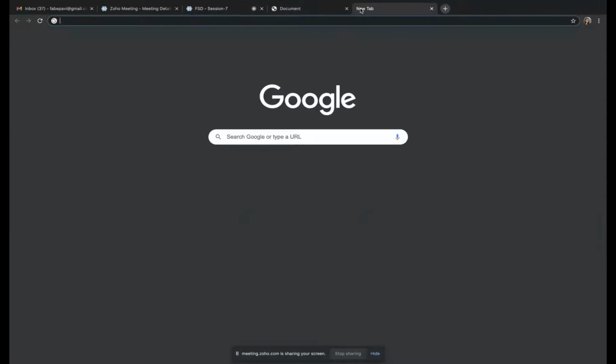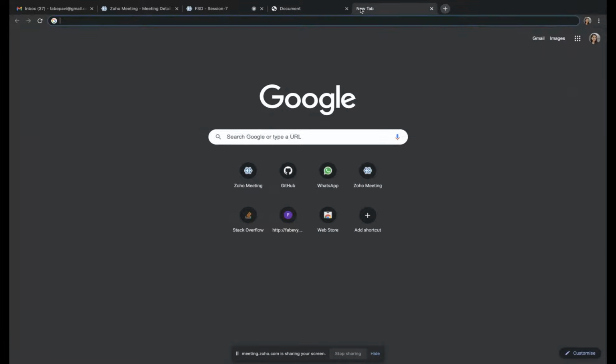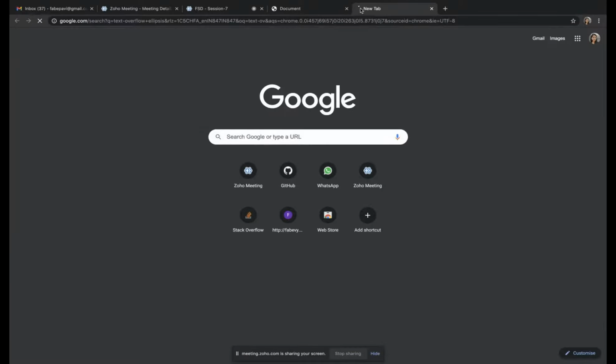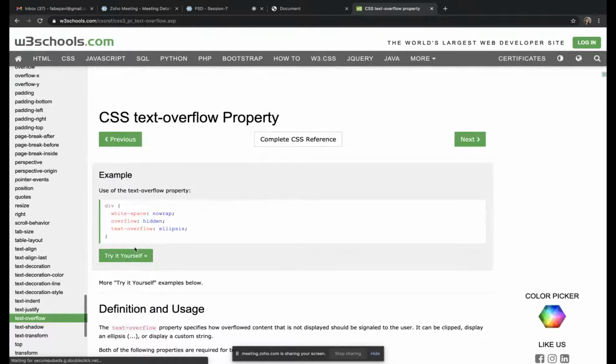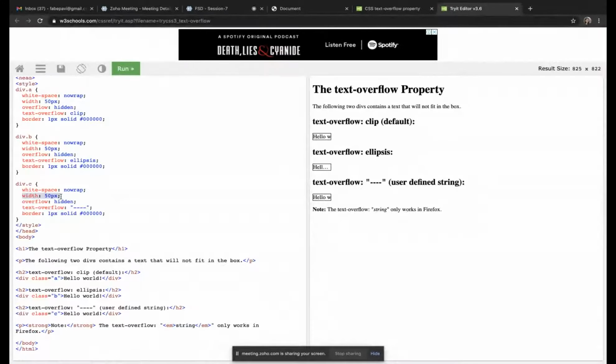We can see here, width and then text overflow. I have given it, but why is it not applying?